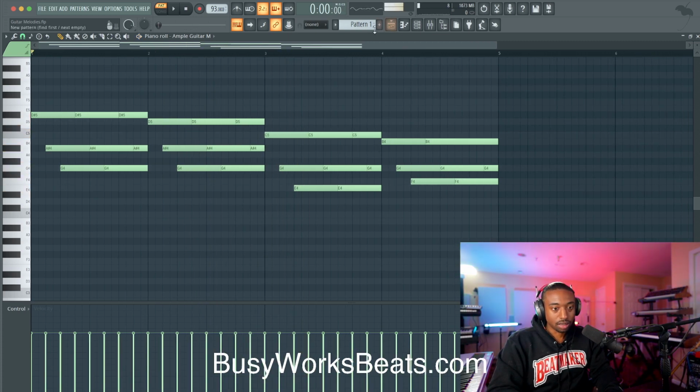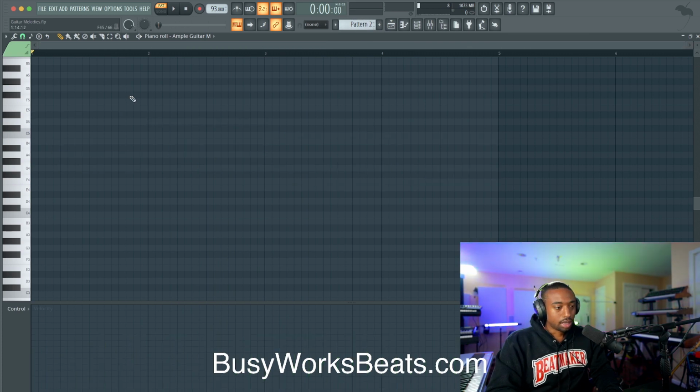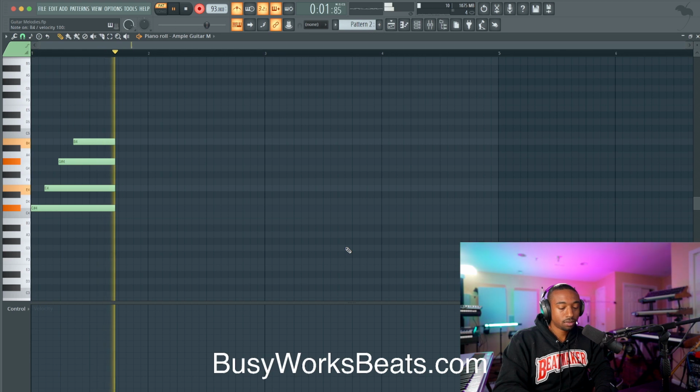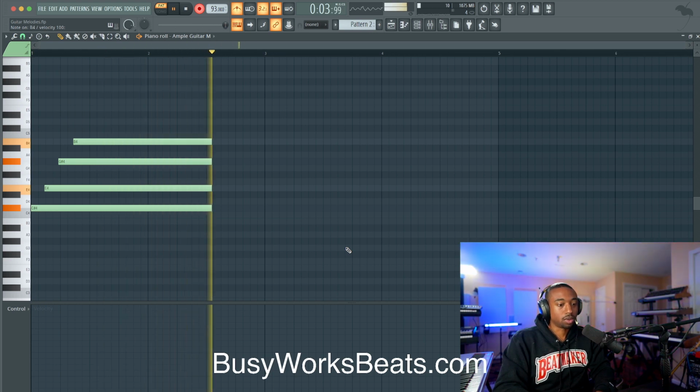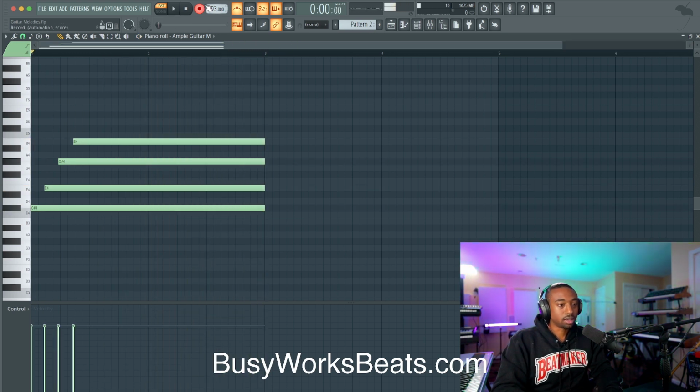Let's start a new melody. Now for this melody, we're gonna play more of an R&B vibe. So let's record this. I'll show you a way to. So we're picking the notes. Then we're going to play a different chord. Okay, so here's the key, is we're picking the notes, so dun, dun, dun, dun, and we're going upward most of the time.